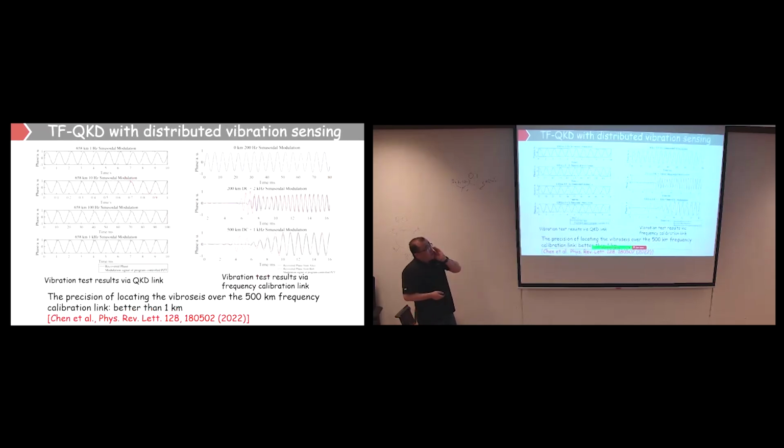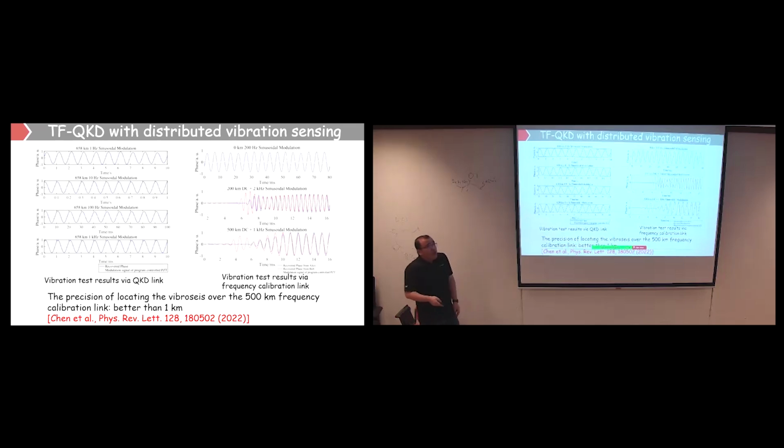A good thing about this kind of interference is that it is very sensitive to vibration. If you are walking around, you bring a lot of noise, but this noise we can feed back. When you are doing the feedback, you actually get a lot of redundant information, and you can use this redundant information to do vibration sensing. We published this paper, and because this is still in the lab, we are now thinking of building it up in the field, because in China we have earthquake regions, the belt between